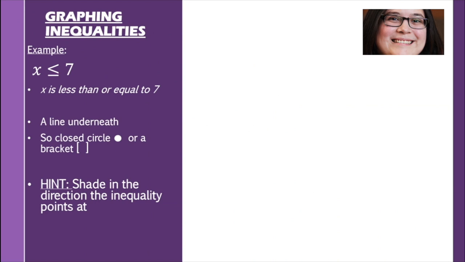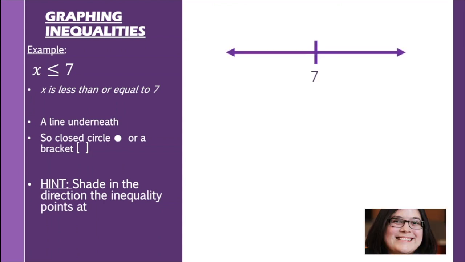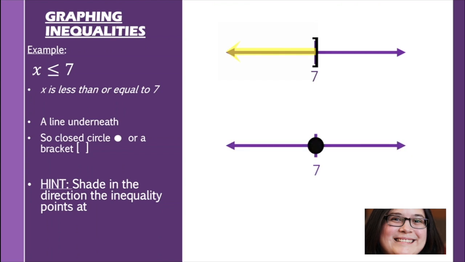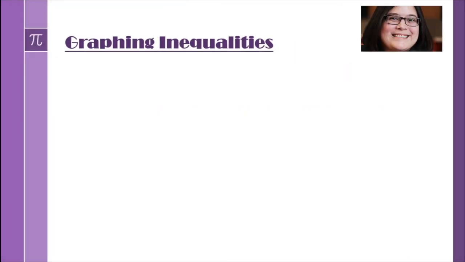And we're going to shade still in the direction the inequality points at. We're going to shade to all the values that are less than or equal to 7. So we're going to start off by putting our bracket, and then we're going to shade to the left because those are all the values that are less than 7, like so. Beautiful. Now we're going to do the same thing with the closed circle, and we're going to shade still to the left because we want all the values less than 7 as well. Done. Now we're going to go to our next example where we talk about x is greater than or equal